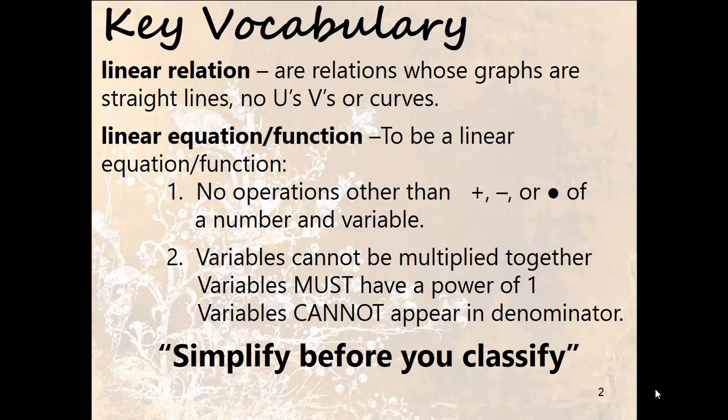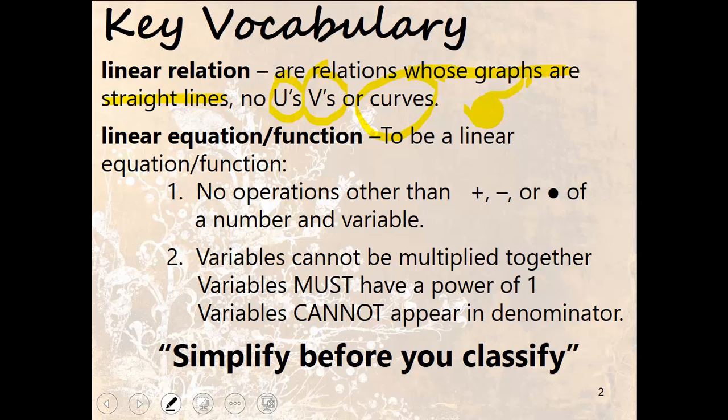A linear relation. Graphs are straight lines. You can tell it's a linear relation because the graphs are straight lines. That means you can't have a U, you can't have a V, or you can't have a curve like an odd function. If you have a linear equation or a function, all right, when you're looking at an equation or